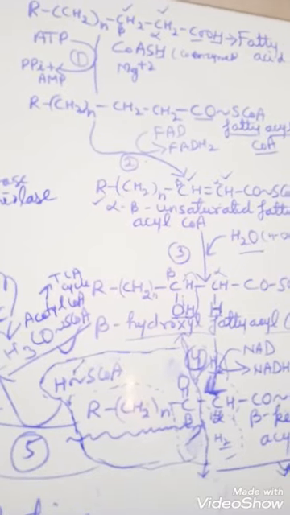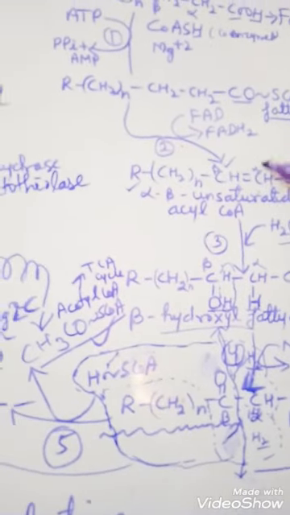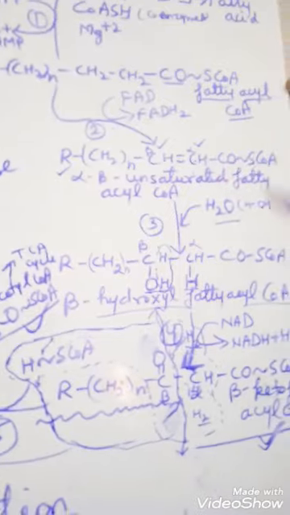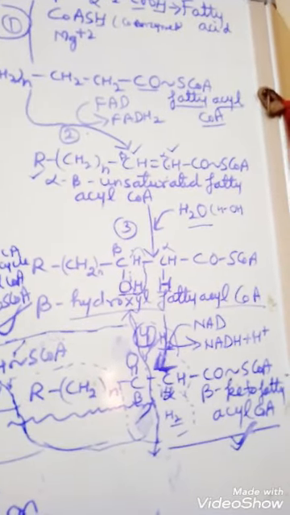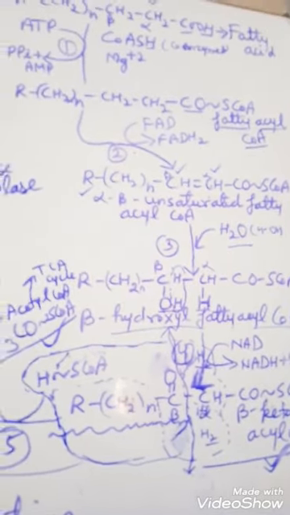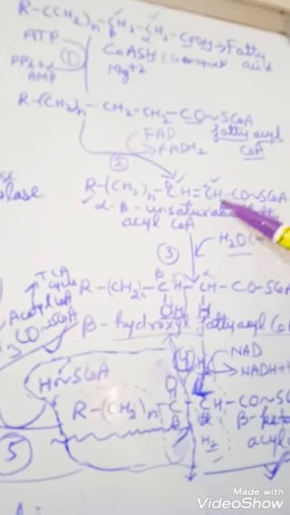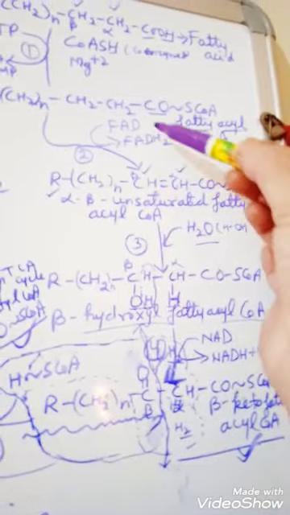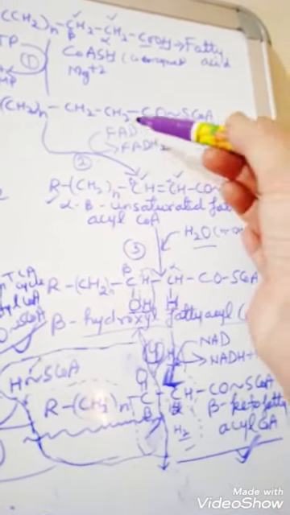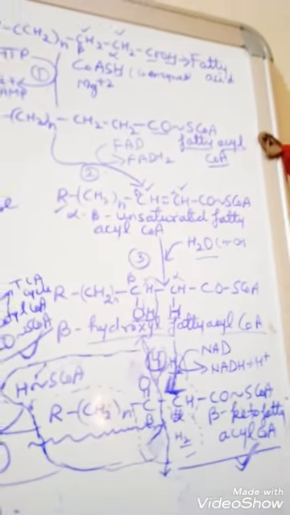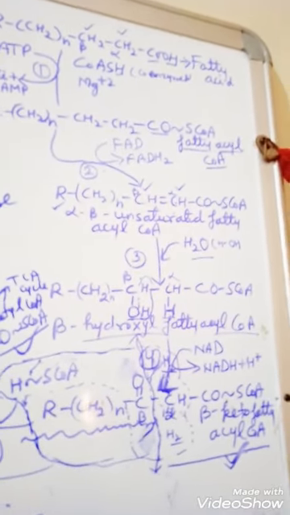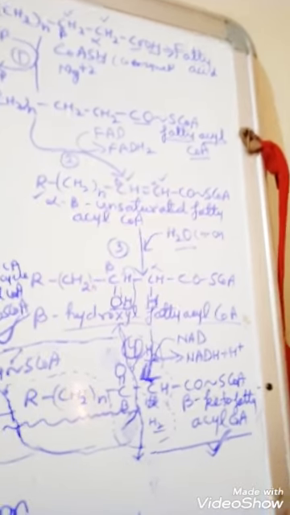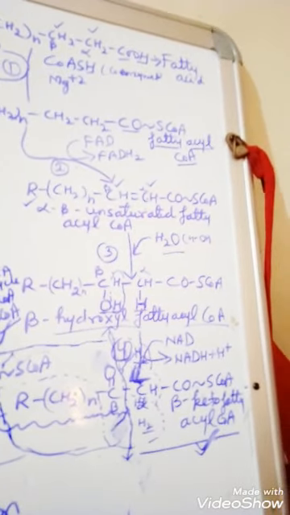leading to unsaturation between the alpha and beta carbon atoms. This happens in the presence of the enzyme dehydrogenase and FAD. This unsaturation happens in the presence of FAD and the enzyme dehydrogenase. So after step 3, we have the event of hydration, and